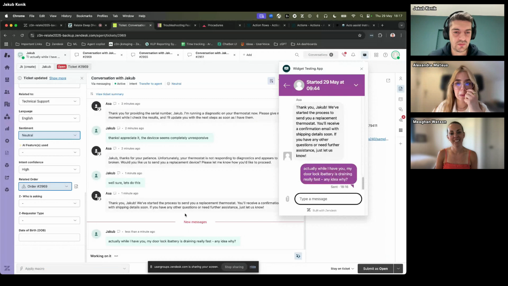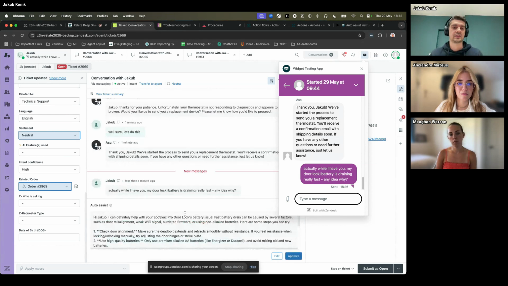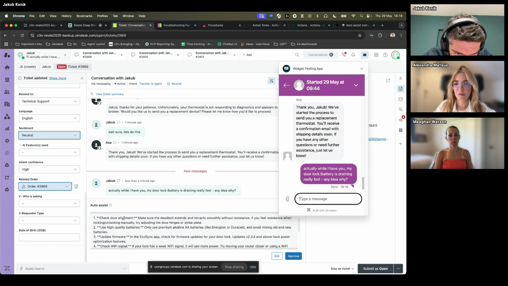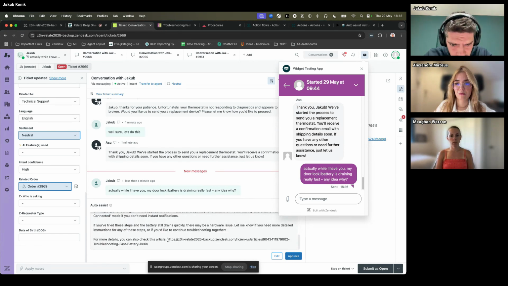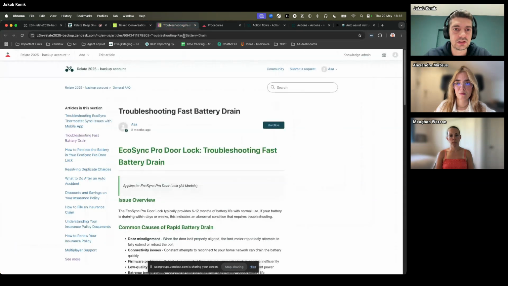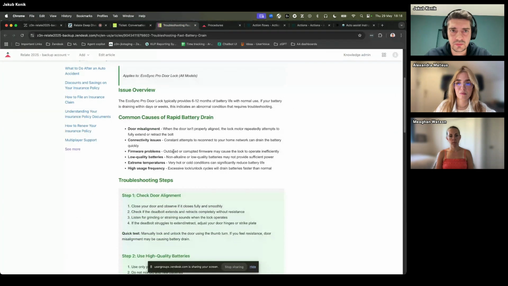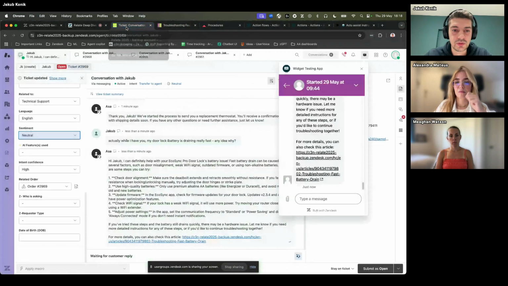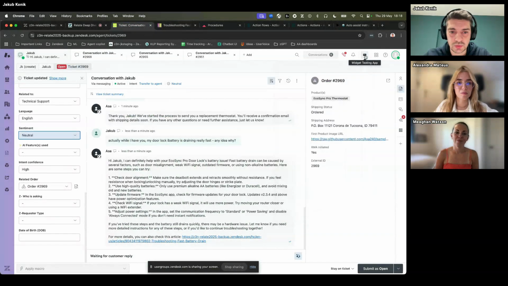And here we actually don't have a procedure for something like this. We don't have a procedure for this question. But what we have is we have articles that cover this problem. And because AutoAssist has access to articles, it should pull information from an article. So yeah, it's actually using this article. So you can see that here are some steps. And at the end, it's even giving the link to the article. So I'll approve it. And here, this is the article that it pulled the information from. So yeah, here you have it. This is how things work together.